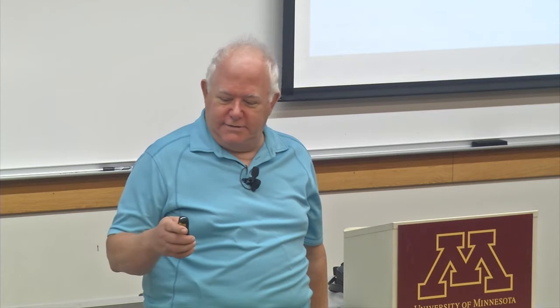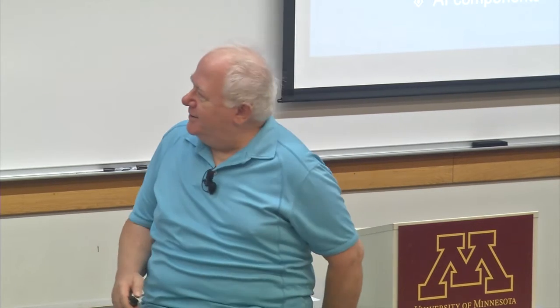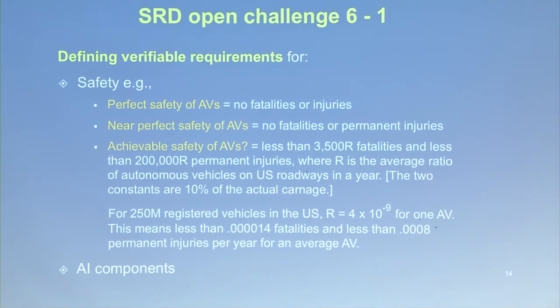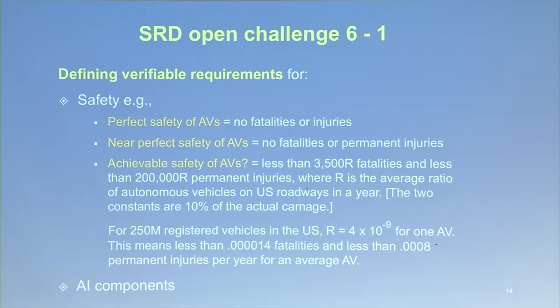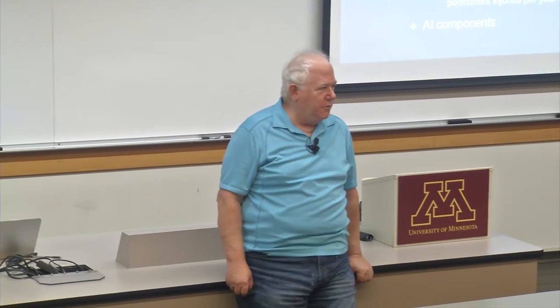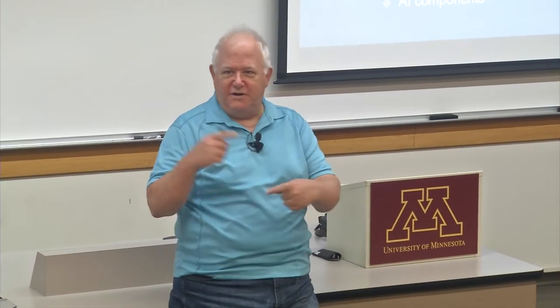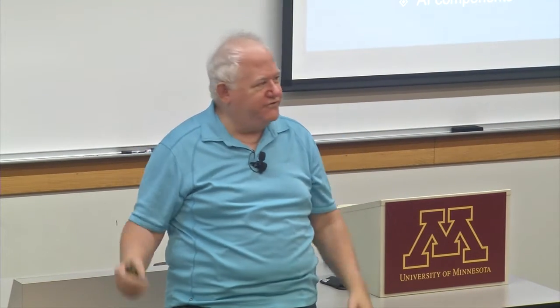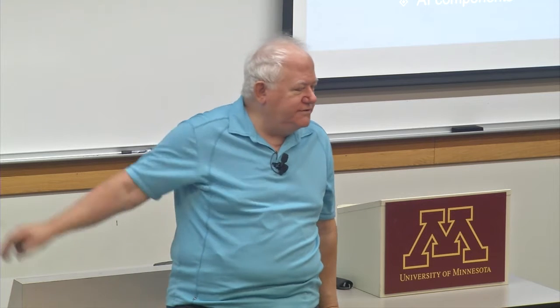So on an upcoming slide here, funny you should ask. So the carnage on the road, there's about 350,000 fatalities. So if we take 10% of that, then you get these numbers here, right? So this is just kind of fun, right? Now, nobody in the industry is proposing anything. None of the regulators are proposing anything. So everybody is waiting for the other one to propose something. I don't know, it seems to me 10%